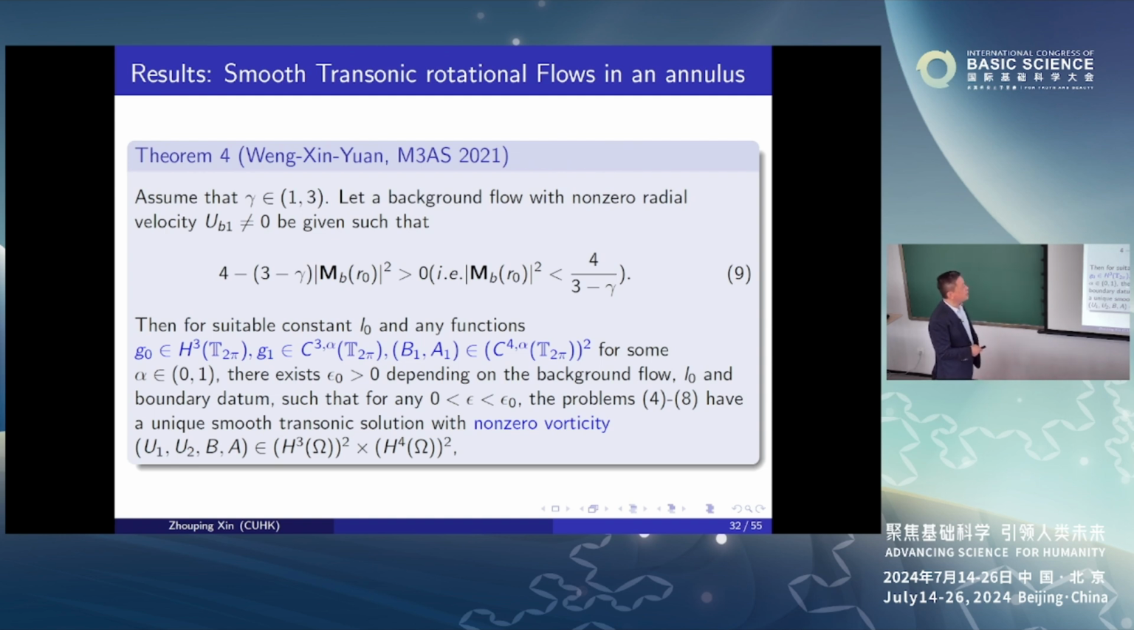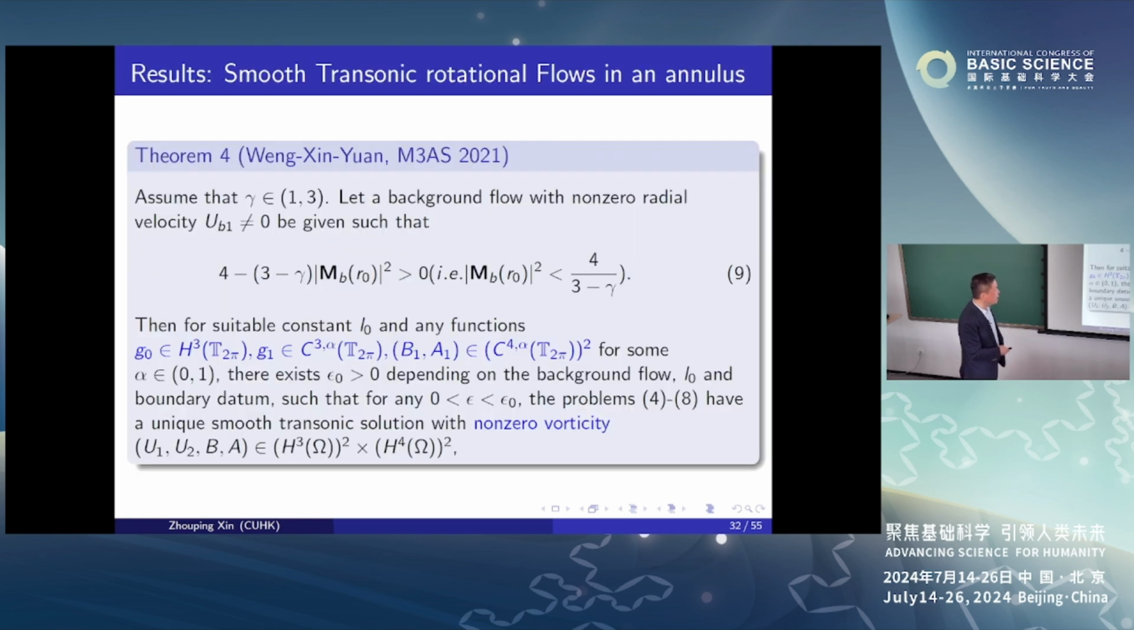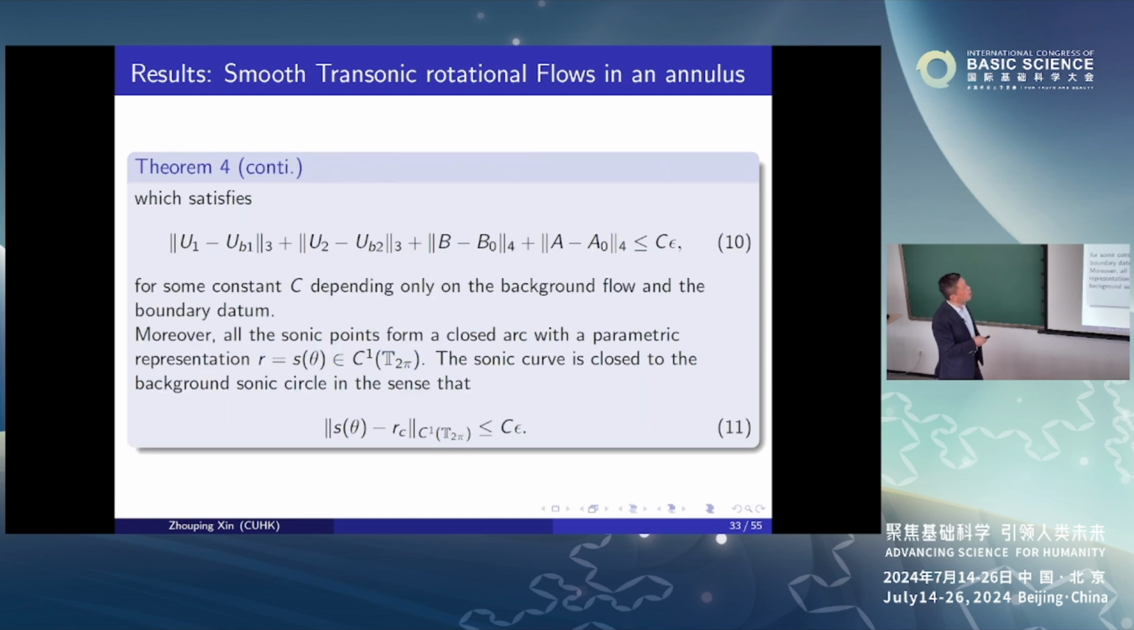Then we can prove that if the perturbation epsilon is small, then this transonic problem with this boundary condition indeed has a solution. The solution, the velocity is H3, but the hyperbolic moment is H4. More than that, this solution is close to our background spiral flow as much as you want, controlled by the initial perturbation. More importantly, we can prove indeed it is a transonic flow in the sense we can find